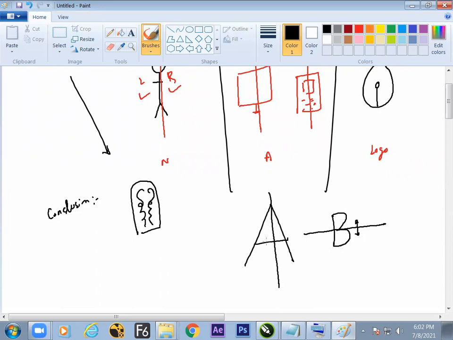So now we know A is symmetric in vertical cross section, but B is symmetric in horizontal cross section. So hope we have understood that symmetry can be formed in any X or Y form. This is X, this is Y. If a Y flip is okay, then it is symmetric. If an X flip is also okay, it is also symmetric.